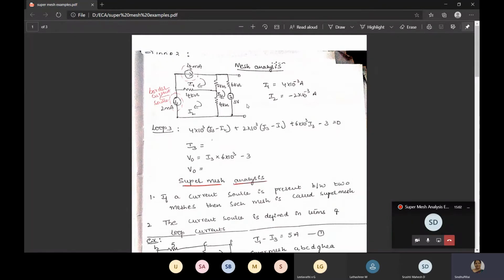How much is the voltage at the terminals? I have put 2 bubbles now here. There you have to find out the voltage. So how much will be the voltage there? The voltage depends upon current and resistance.